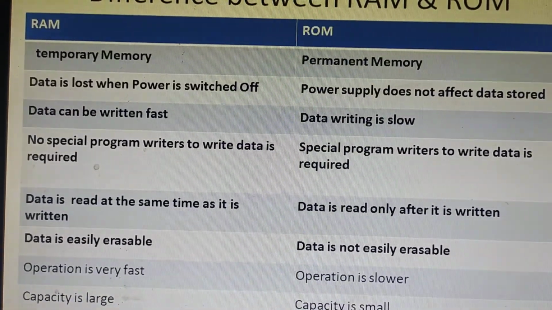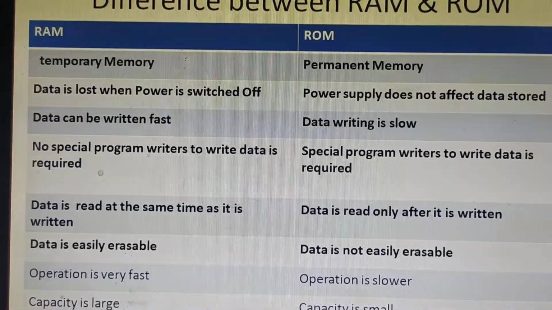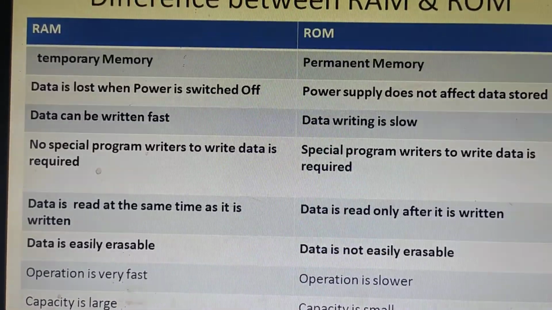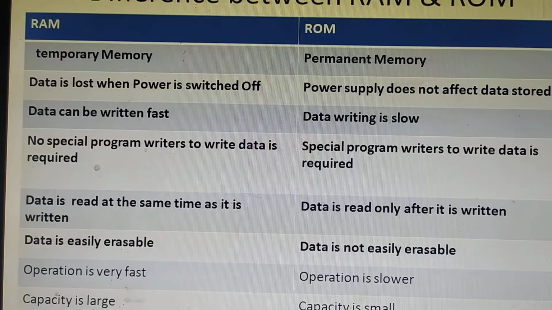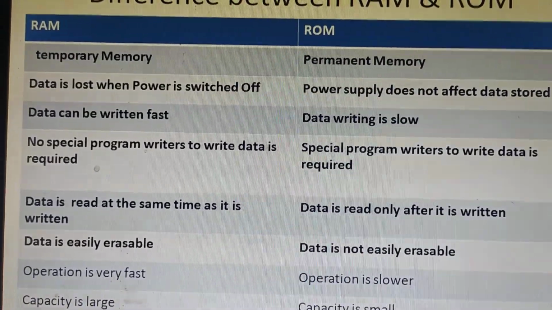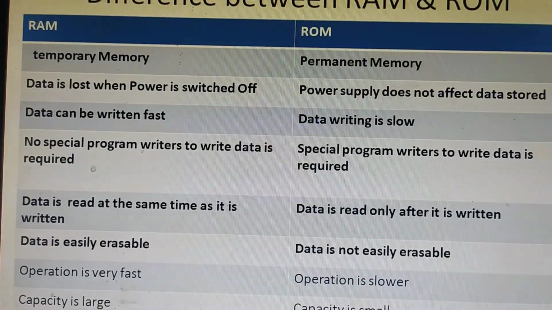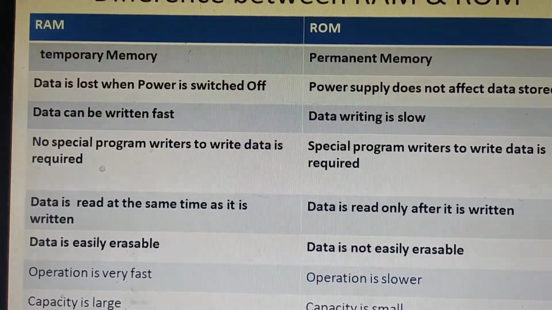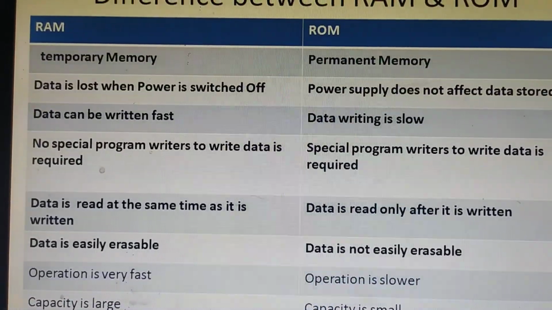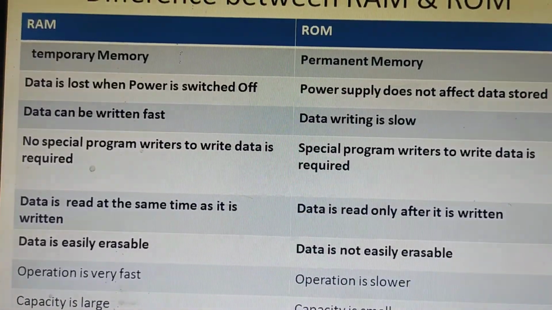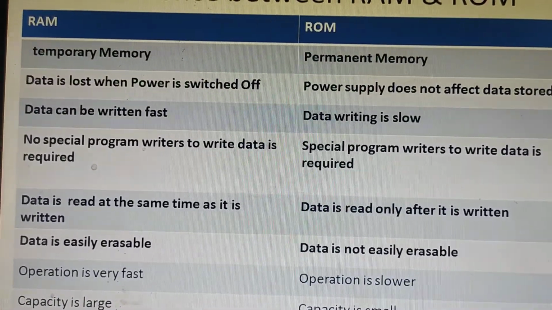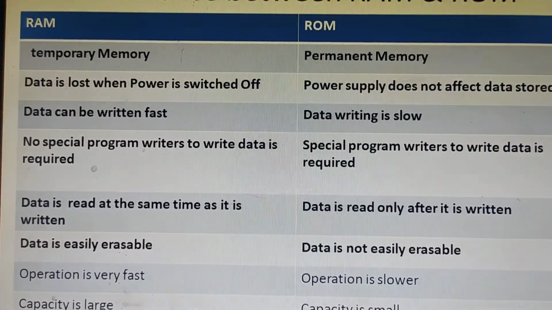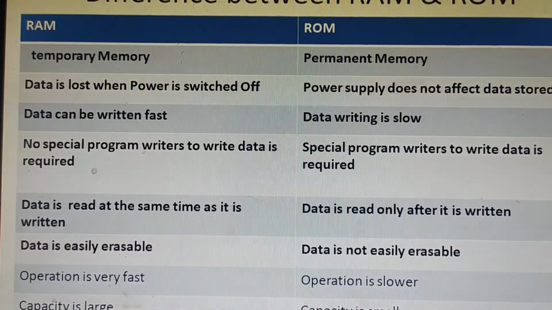In RAM, the data is stored temporarily, till you rub the board and write some new data. Likewise, whatever data is written in RAM will be saved only if it is stored in the hard disk. Otherwise, when new data is written, the old data gets erased. So we can call RAM temporary memory, but ROM is permanent memory since it cannot be erased. Once the data is written in ROM, it will be stored there permanently.